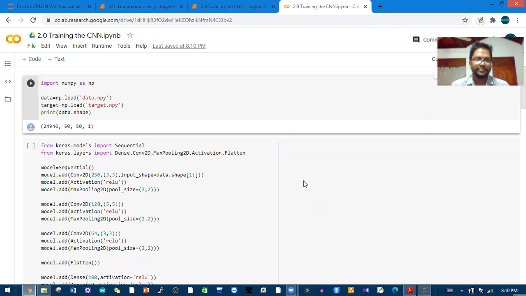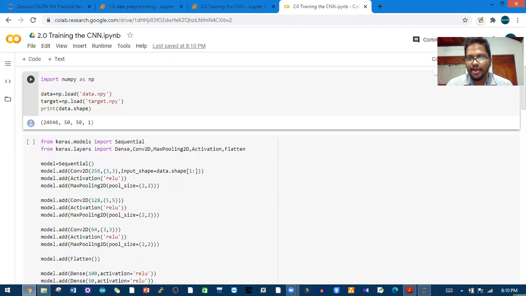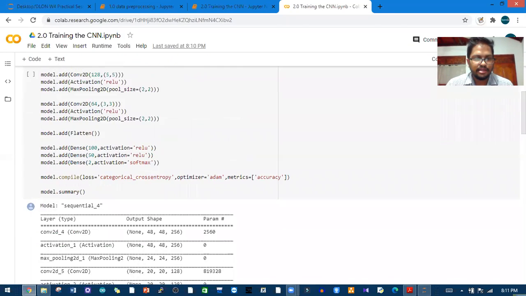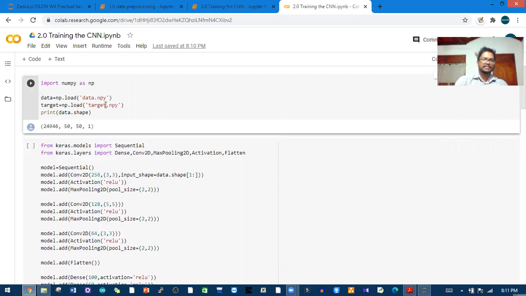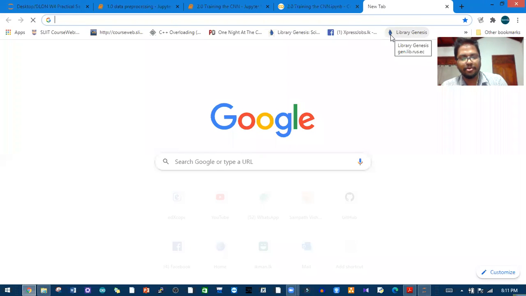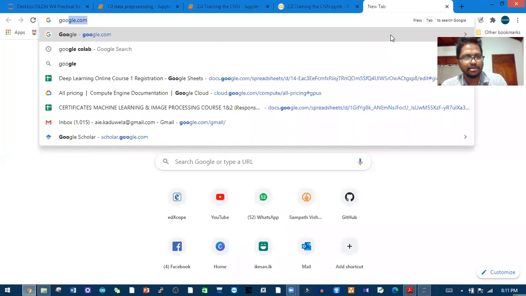Now the thing here is that in order to run this, now our data and target should also be uploaded to the cloud, right? So how you can do that? You have to upload it to your Google Drive separately, right? So you can upload it to your Google Drive separately,